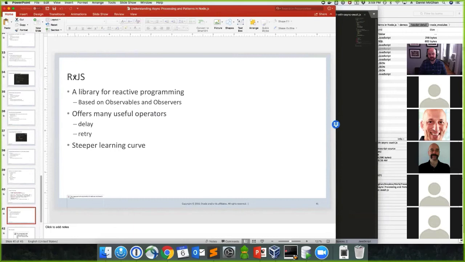One other library I'll point out that's gaining some attention is RxJS, and this is the Reactive Extensions for JavaScript. This is a pattern or a library that's sort of available in lots of different languages and to varying degrees, but it is supported in JavaScript as well. A lot of useful operators, similar in a way to what we saw with the Async module, but different in useful patterns. So things like delay and retry, if you're on networks that maybe aren't as reliable as you'd like them to be, maybe you want to build in some really easy retry logic,